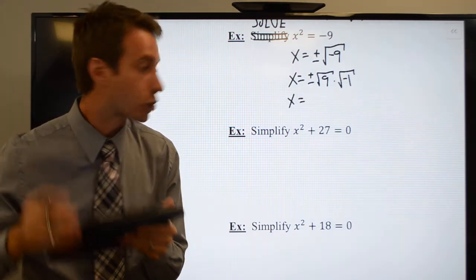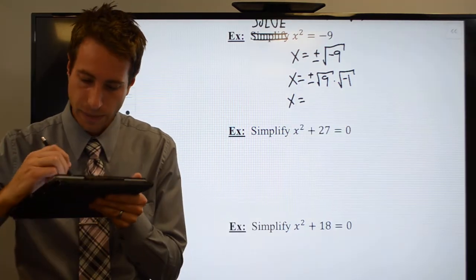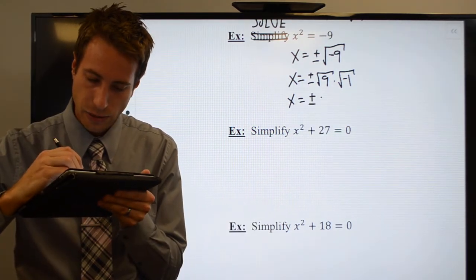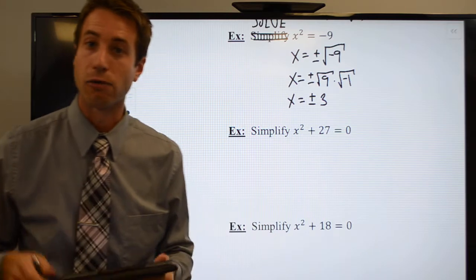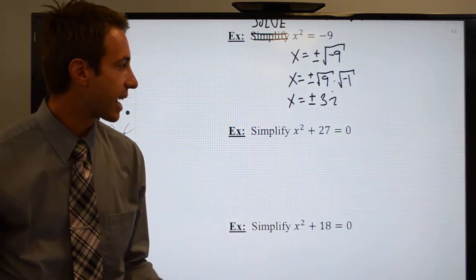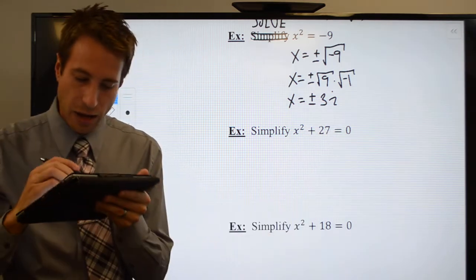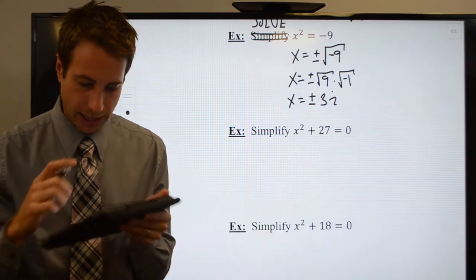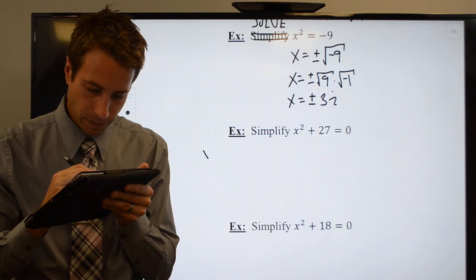Well, I know the square root of 9 is 3, so plus or minus 3. And the square root of a negative 1 is i. Right? See how simple these are? Piece of cake. Move the 27 to the other side, and I wind up with x squared is equal to